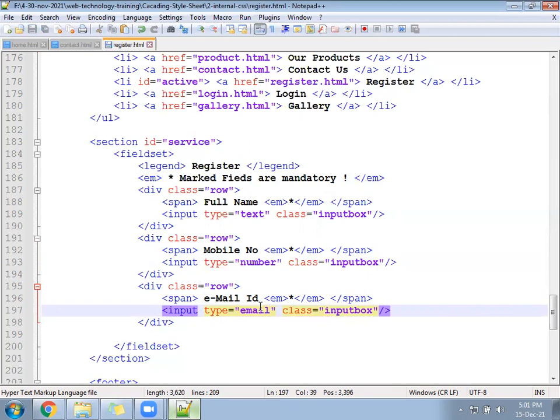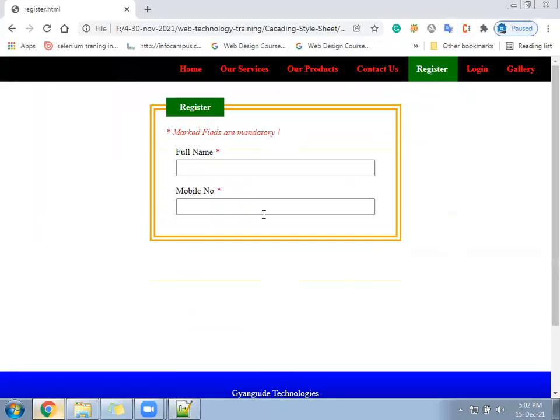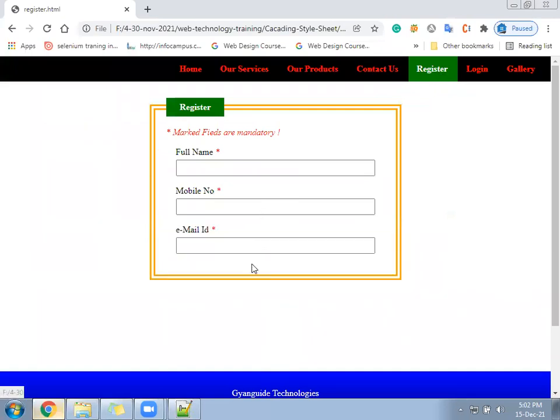Type equal to number, type equal to email. Okay, so total 3 fields. All 3 will look the same. Reload. Okay.